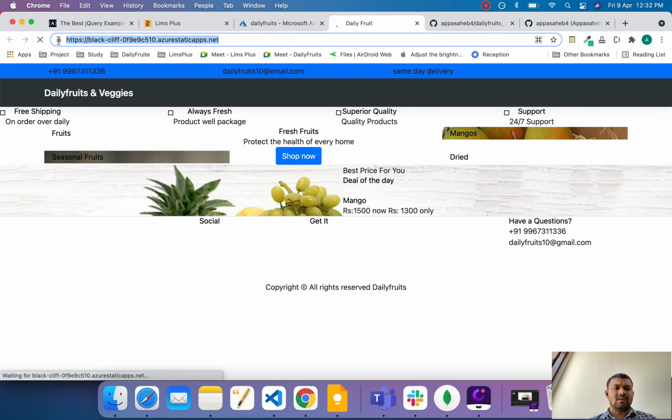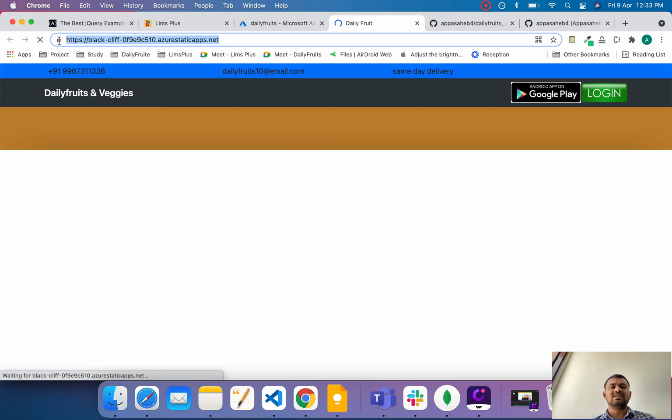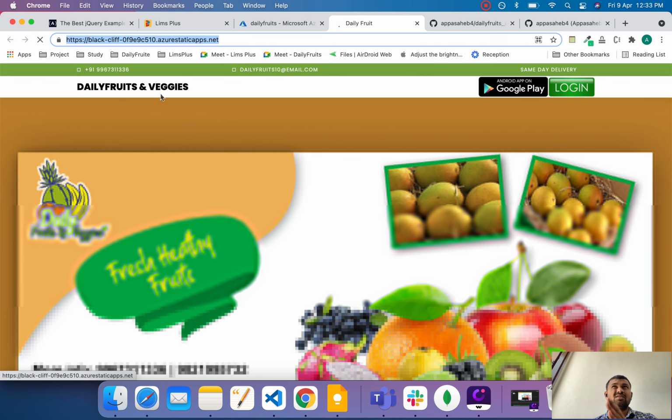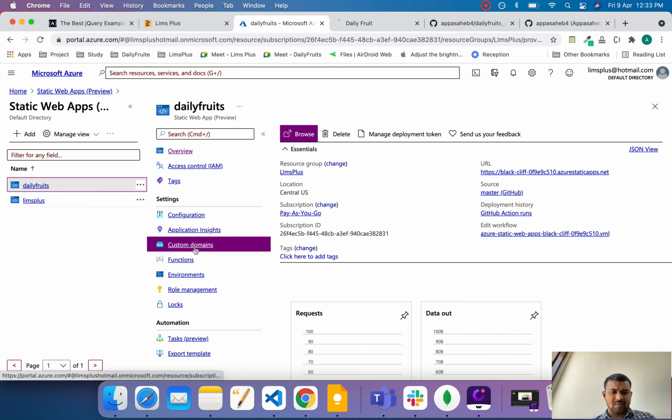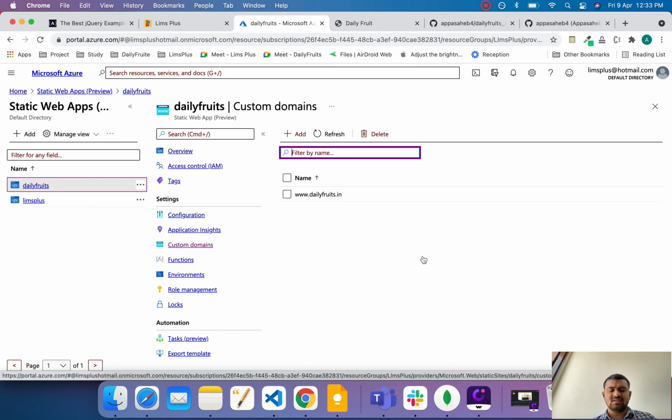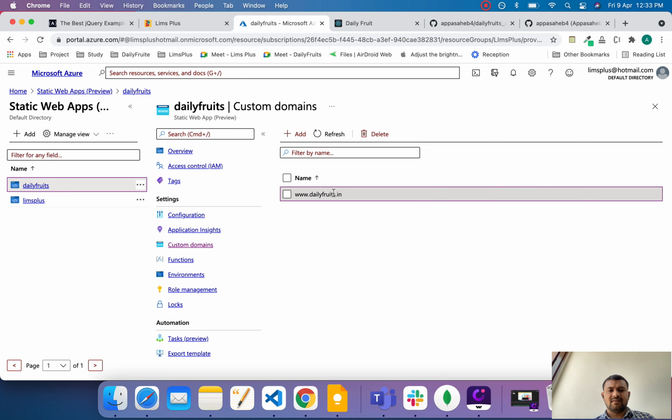Copy this URL and go to where you purchased your domain, like GoDaddy, Pickbucket, anywhere you purchased it. Paste this URL, create namespaces, and inside the namespaces is the domain configuration, the custom domain configuration, like this is my first domain.